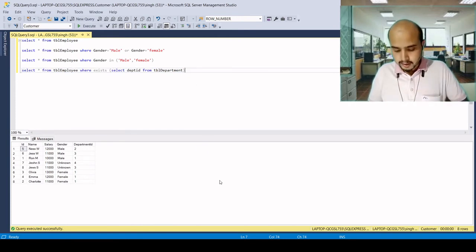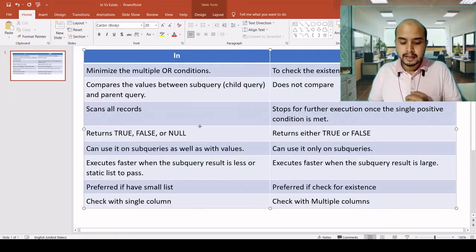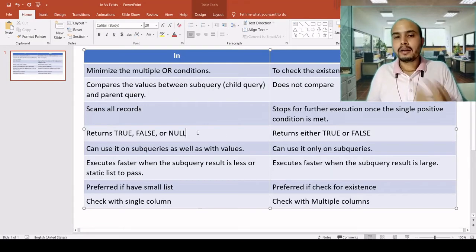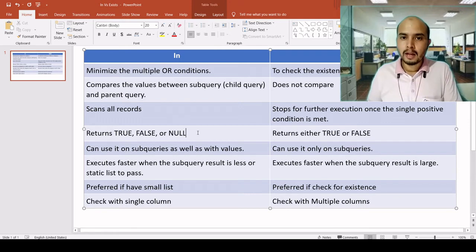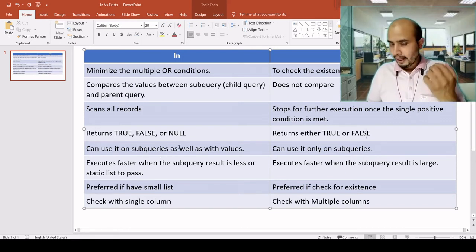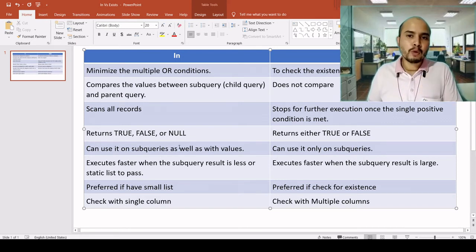The next difference: IN returns true, false and null. If it does not match any value, it returns null, and EXISTS returns only true and false. So basically it's a Boolean operator. IN can be used in subqueries, and it can be used with any values in the where clause, but EXISTS can be used only with a subquery.